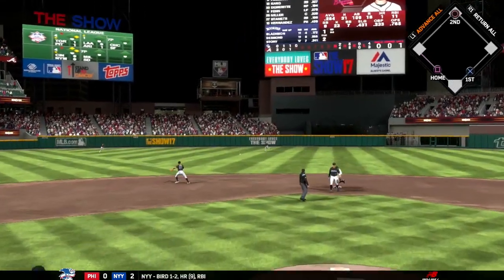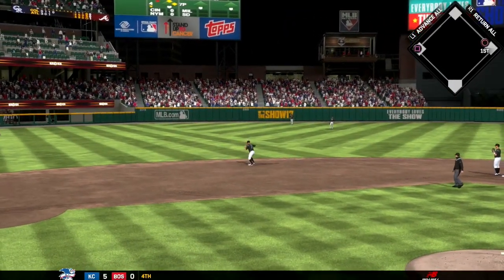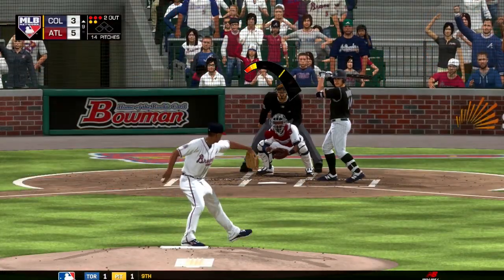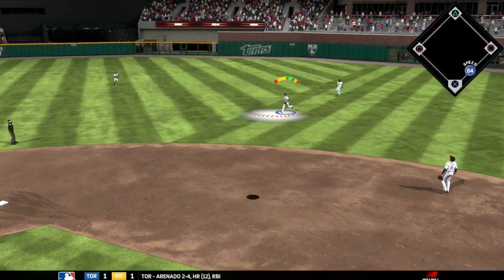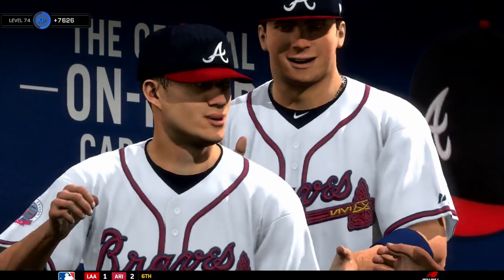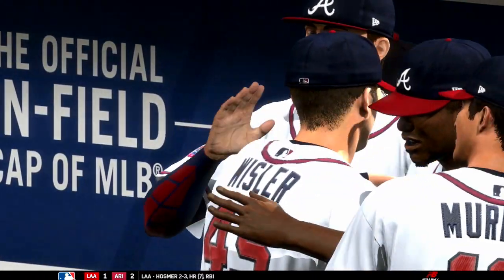A steal of second turns into a hit and run, so Inciarte moves into third. That's an RBI single for Swanson. A 5-2 Atlanta lead. It'll be 5-3 as we head to the top of the 9th, where Iglesias comes on looking for the save. And when he gets Enrique Hernandez to pop out with a full count, that would be the 3rd out of the game. So Iglesias shuts the door on the Rockies, and the Braves come out on top by a score of 5-3